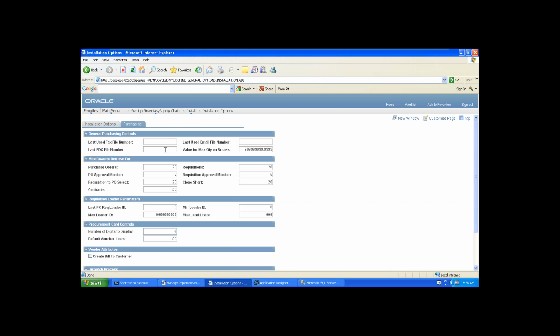See, dispatch the purchase order method. What do you mean, dispatch purchase order? When you create a purchase order to buy something, you need to dispatch that purchase order to your vendor.